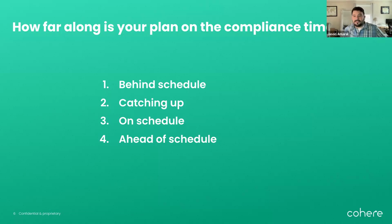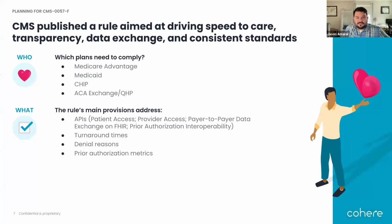What we wanted to talk about today is how Cohere is enabling our intelligent prior auth solutions to meet some of the requirements laid out by the CMS 0057 regulation. As we all know, the CMS rule has been finalized and published, and it will require plans that are Medicare Advantage, Medicaid, CHIP, or QHPs to enable prior auth access and interoperability around FHIR-specific standards. Those solutions will provide access to logic or data sets currently housed in payer systems today. It also requires transparency around turnaround times: how long an authorization took to determine, what the denial reasons were for a given authorization, and specific metrics around prior authorization